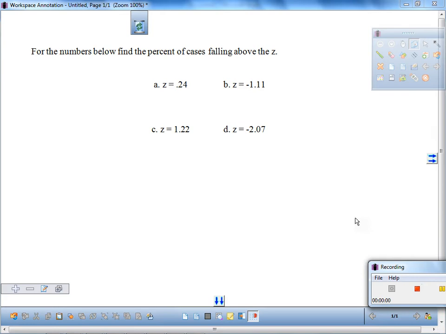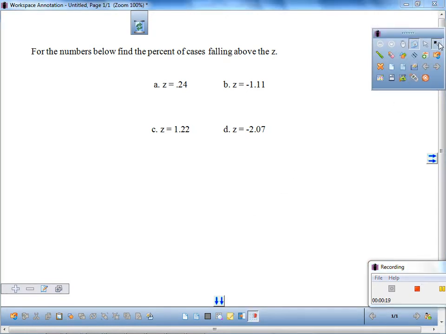Alright, here we're looking at z-scores. We want to know the information above it. So for the numbers below, find the percent of the cases falling above the z. Let's start out with A and just talk about it a little bit before we get to